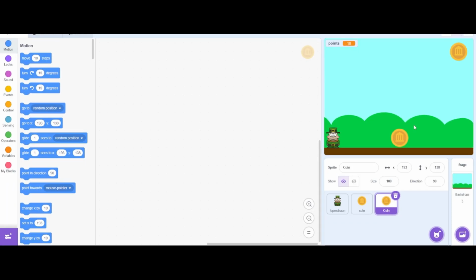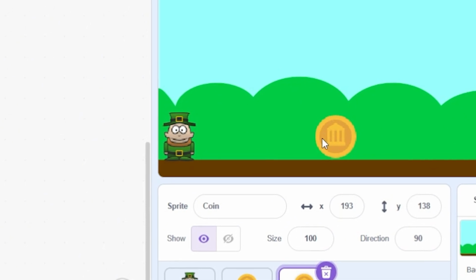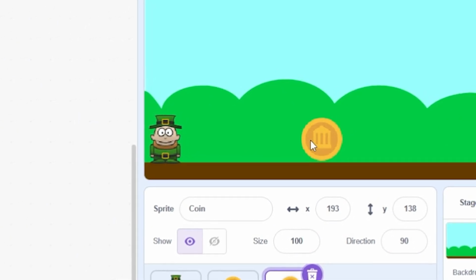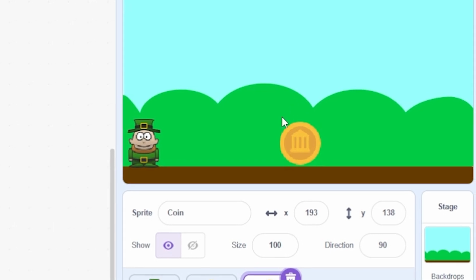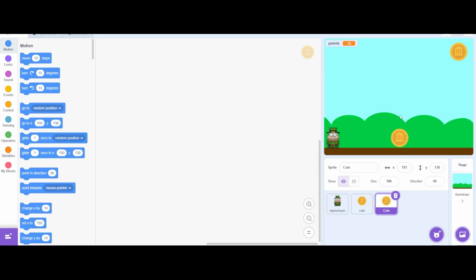It's kind of the reverse. So usually he's looking after money. Now he tries to avoid money. So this is what we try to do here. So it's going to be a jumping game where leprechaun will jump when he's hit by a